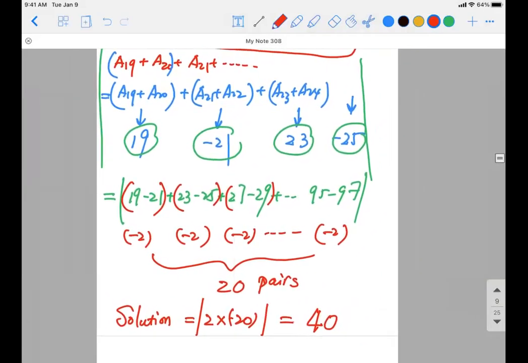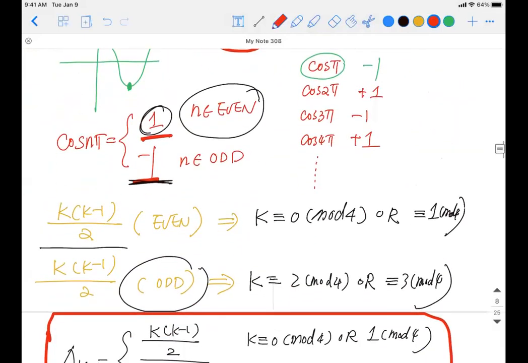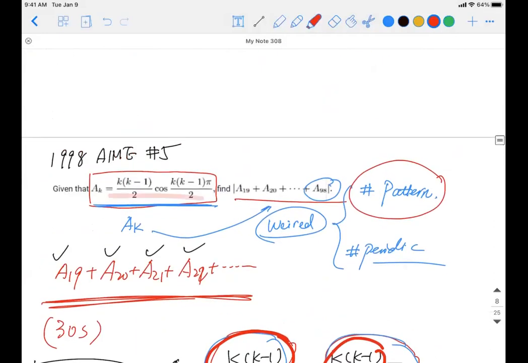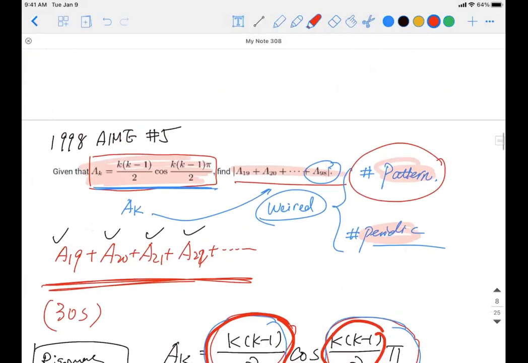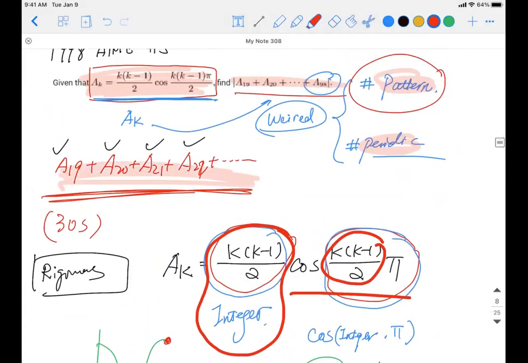You see, this is not super complicated, right? So let's have a quick recap of what we have learned so far. The first part is, like I said, as long as you see something weird, what are you going to do? Either you have a pattern or you have a periodic, but you have no idea what it is. So what you're going to do is write out a couple of terms. So your solution number one is, I close my eyes, I just write them out one by one. I don't really have to do all my analysis. Write out a number of terms, and you might get an idea.